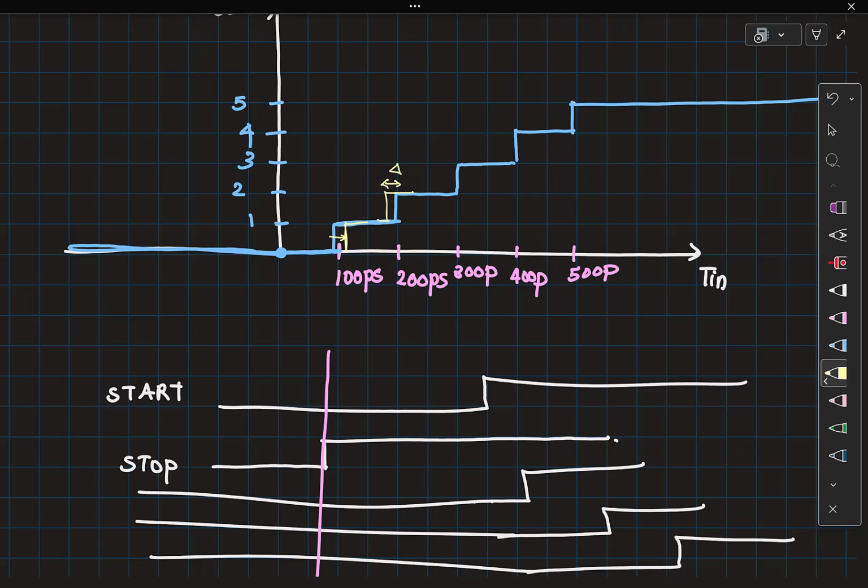If you make sure that this delta is much, much smaller than the resolution of the TDC, for most applications it is okay. In fact, the customer will give you how much error you can have here, because at the end of the day, the customer doesn't know what is the time interval that has gone in.